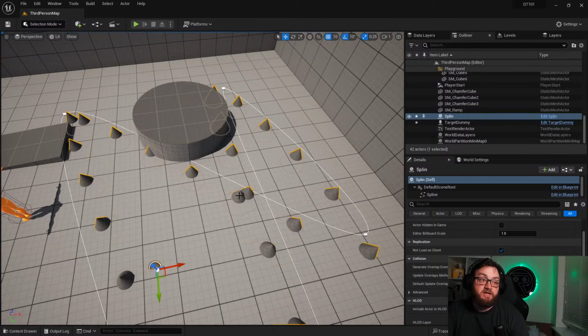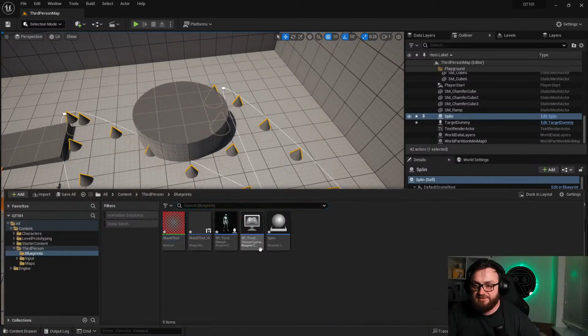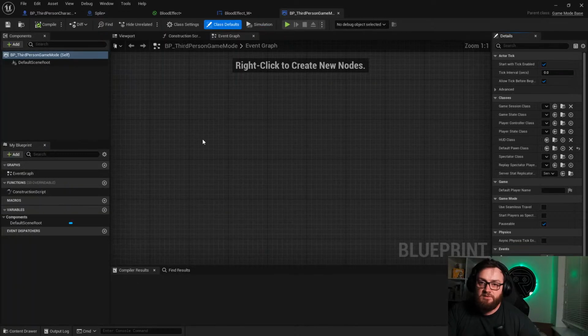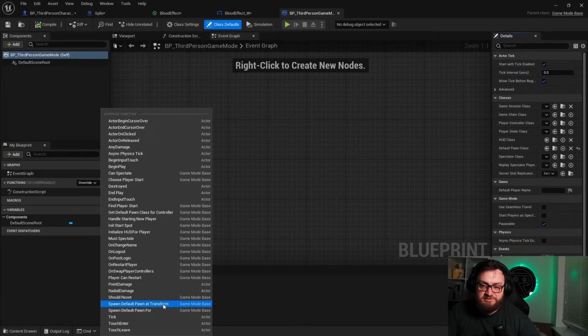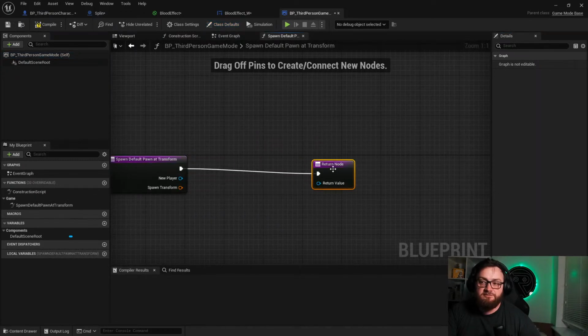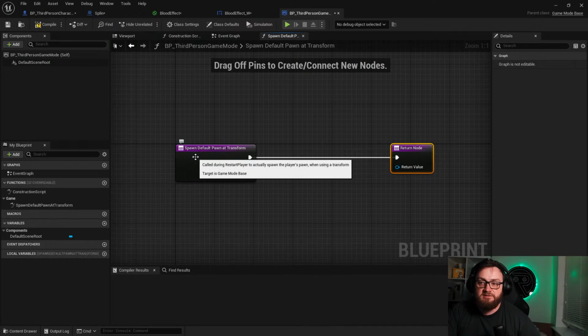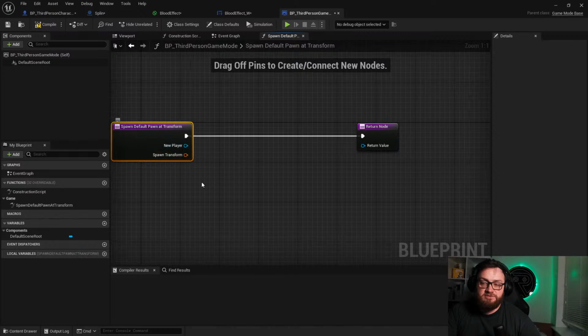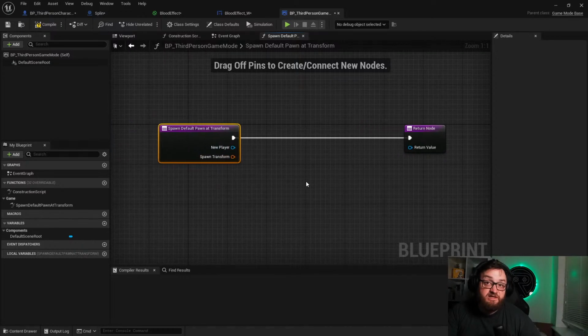Again, if you're talking about loading the game, reloading where the player saved their location, yes, there's a way. You basically want to go into your game mode and override a function which is spawn default pawn at transform. So this you can override where they're going to spawn in at. This gets called when the player's been told to restart. You can just get the transform from wherever it is, a save file or whatever, and you put in